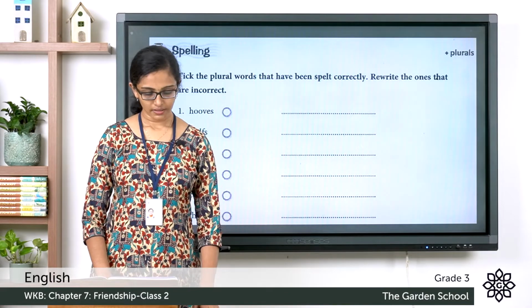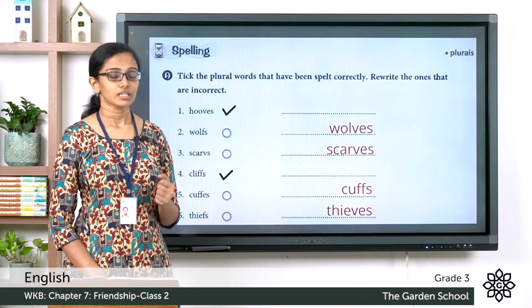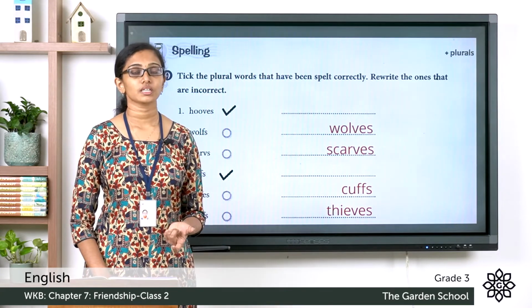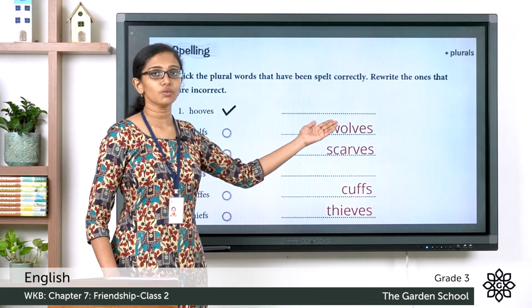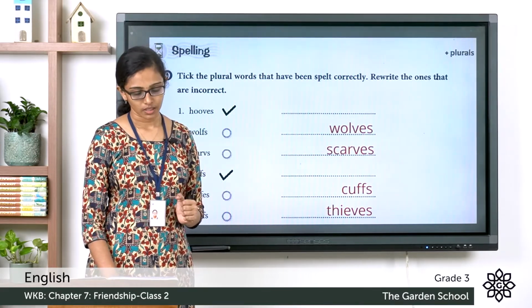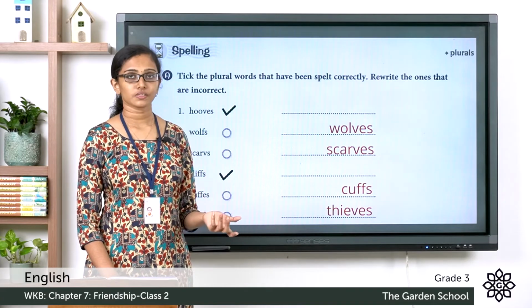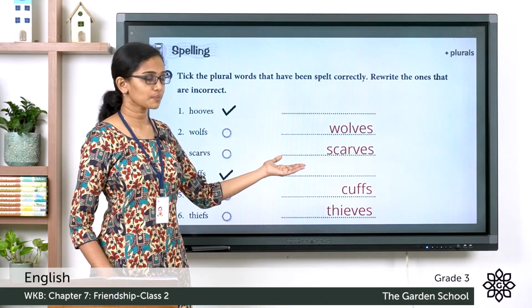Let's see. The first word, hooves. The spelling is correct. The second one, wolves. Is the spelling correct? No. The correct spelling is W-O-L-V-E-S instead of F-S. Now the third one, scarves. Is the spelling correct? No, it is incorrect. So the correct spelling is